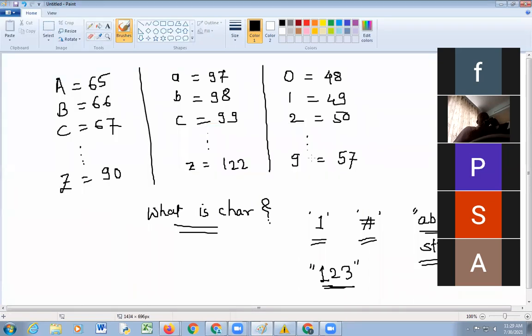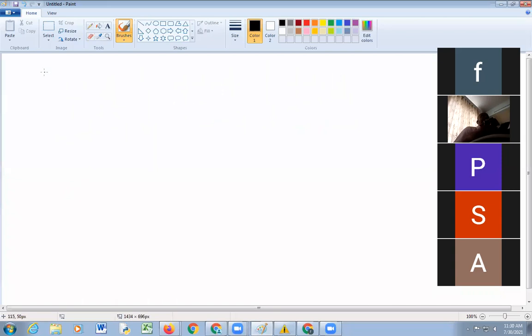So when you are declaring an integer array, suppose int a[5], you declare 1, 2, 3, 4, 5.